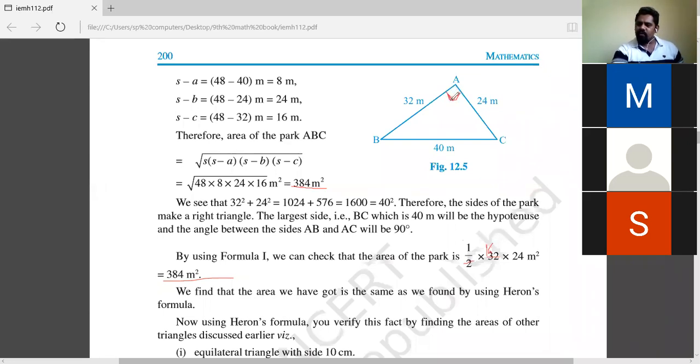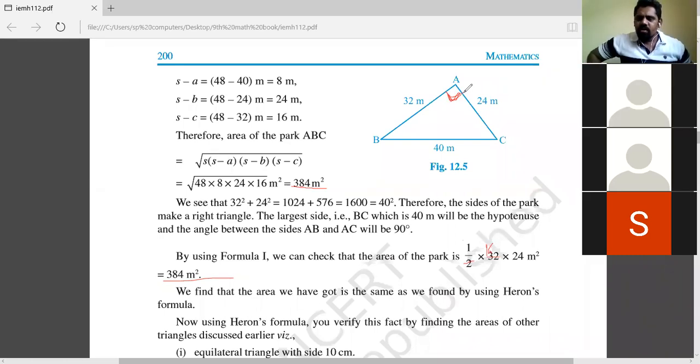So in this triangle, we know the height. If we did not know the height, we would not be able to calculate using the basic formula. So then why have we used Heron's formula here? We could have done it directly with the basic formula, which gives us the solution within one step only. Yes or no? So we have done this lengthy step to solve this problem. Why?